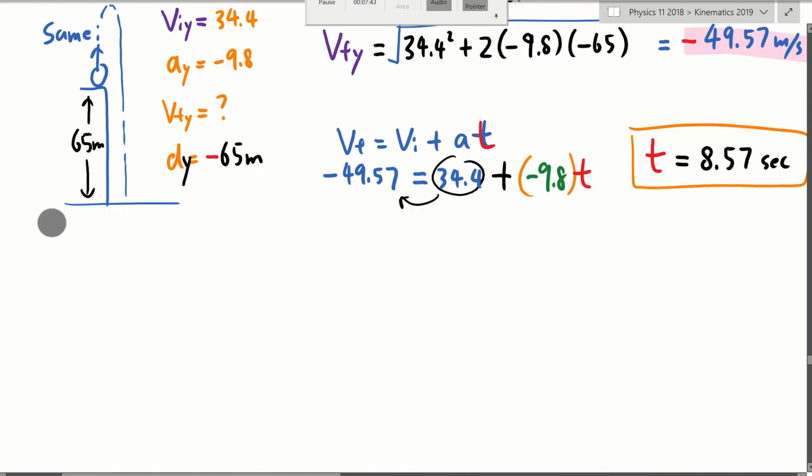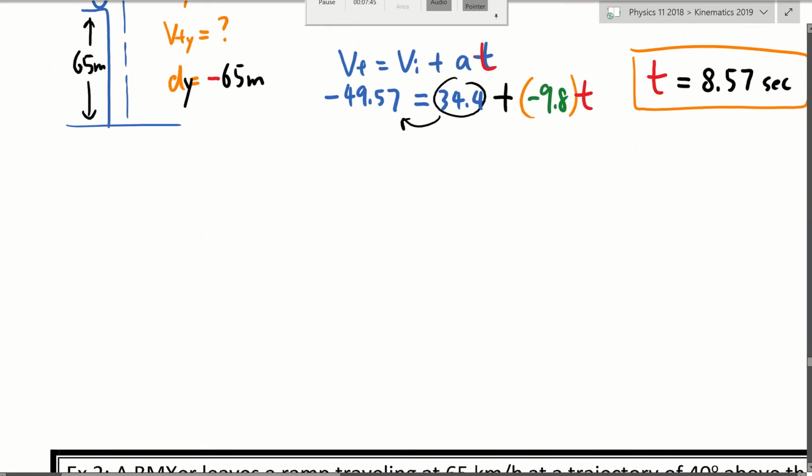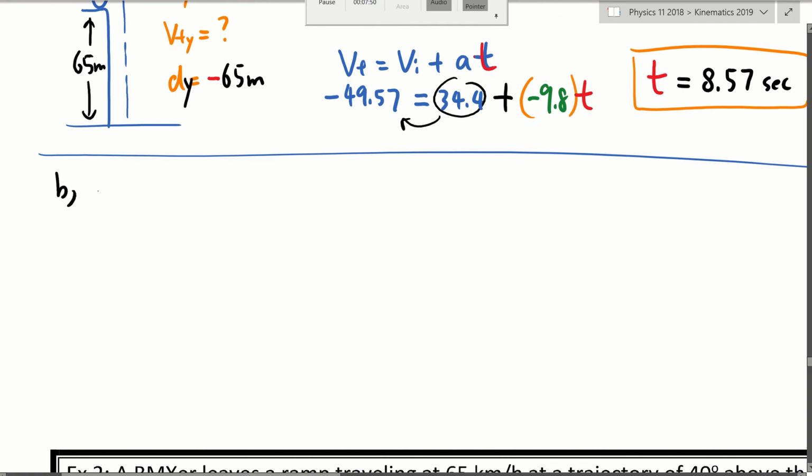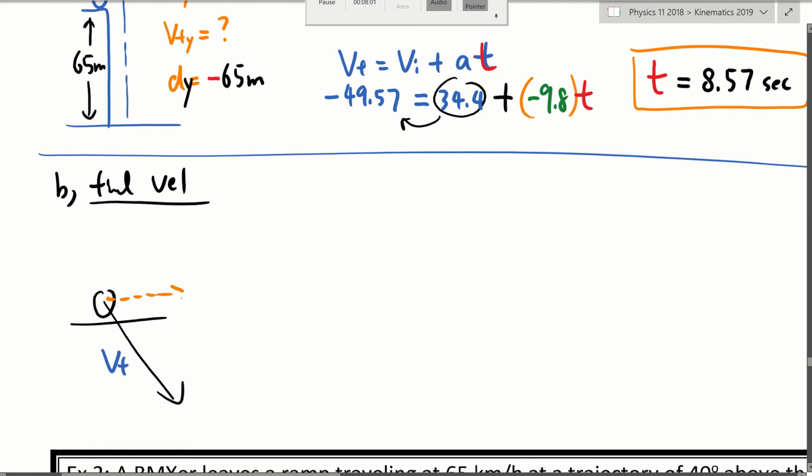Okay, so let's get final velocity down here. Okay, let me cross this off. All right, so B, final velocity. I have the object hitting the ground at this moment, and that's my final velocity. And there is an x component, which is going to be the original Vx, 24.1. And then there is the y component that we just got. We got that because we did time. So we had to find that at a certain point,